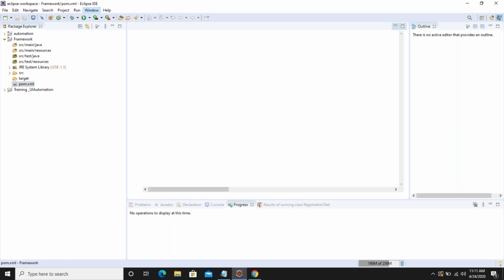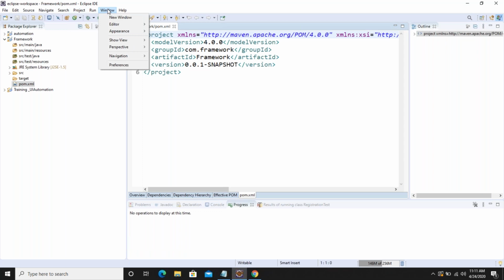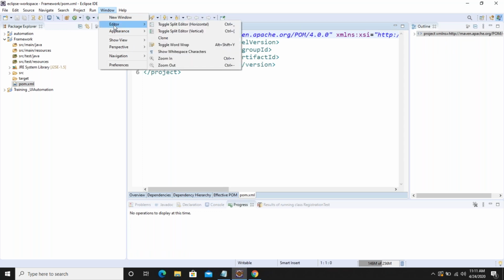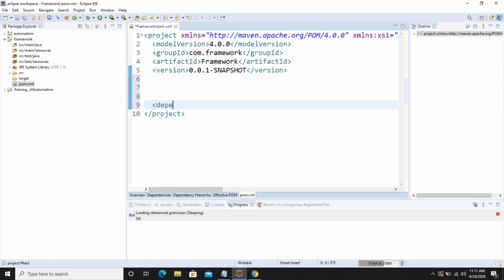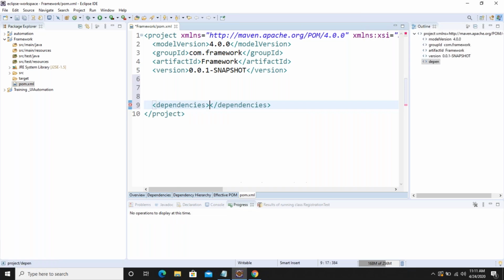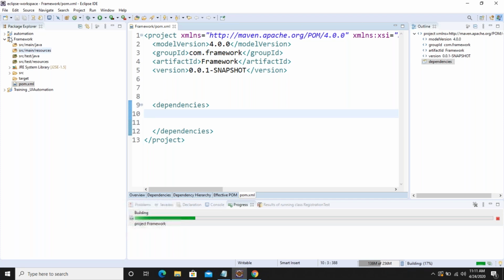So let me go to project, editor. I would like to zoom in so that it is a little bit more viewable. So let me click on dependencies. So dependencies is where we are going to store our dependencies.